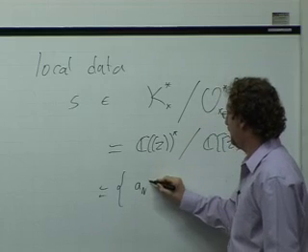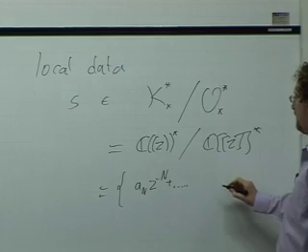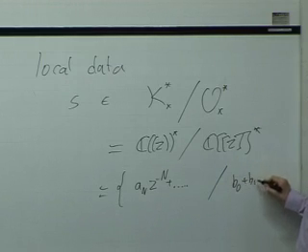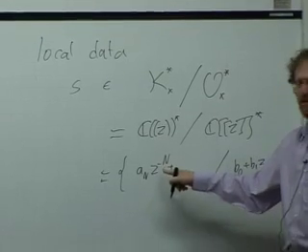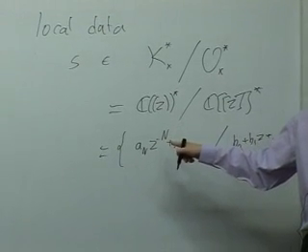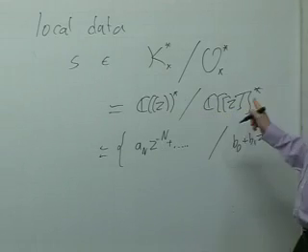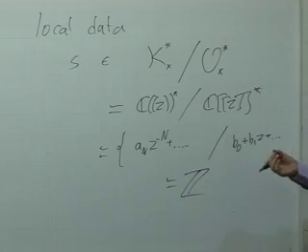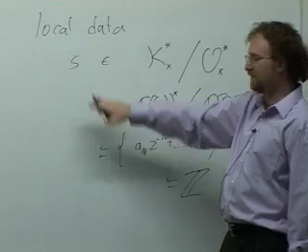This is z to the minus n plus a bunch of higher order terms, and this is up to things of the form b0 plus b1z and so on. So up to rescaling by such a thing, the only thing I remember from a Laurent series is this number, minus n, the leading coefficient. So the quotient of Laurent series by multiplication by Taylor series is just the integers. The only local data I have from a section, if I don't pick a trivialization, is an integer.